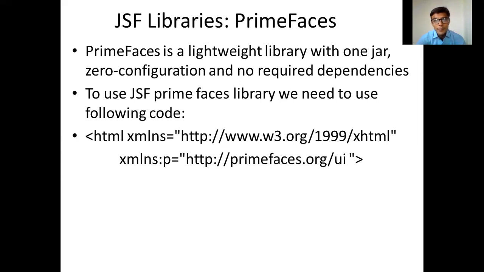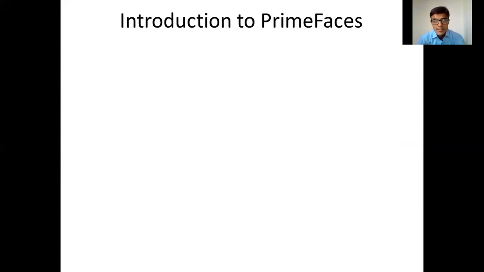But in PrimeFaces, we just need one jar file of the library, and by using it, we can implement UI components. Some advantages of PrimeFaces are: the first one is simplicity and performance.